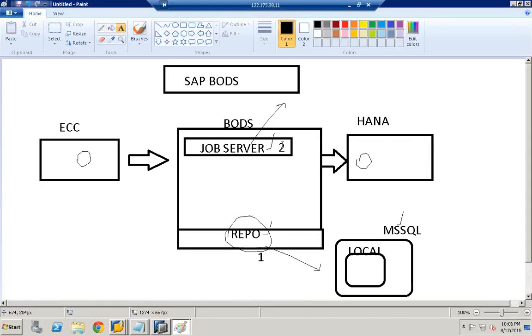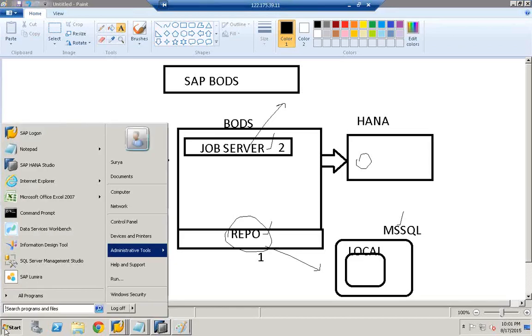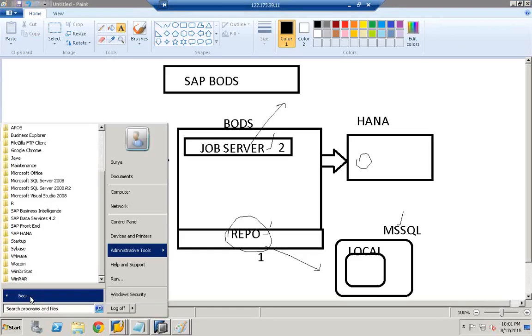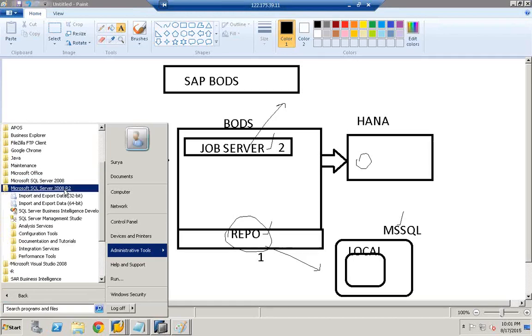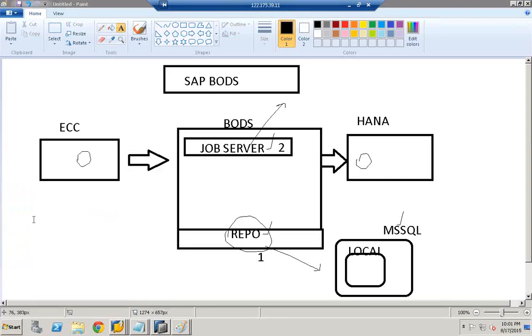So usually this is done by administrators, but for us it is good to know because I'm just trying to do it from scratch. So first click Start, click All Programs, click on Microsoft SQL Server 2008 R2 and click SQL Server Management Studio,